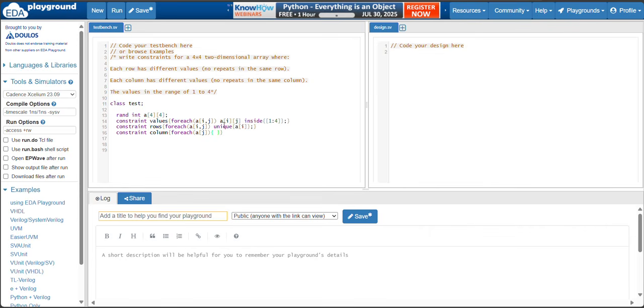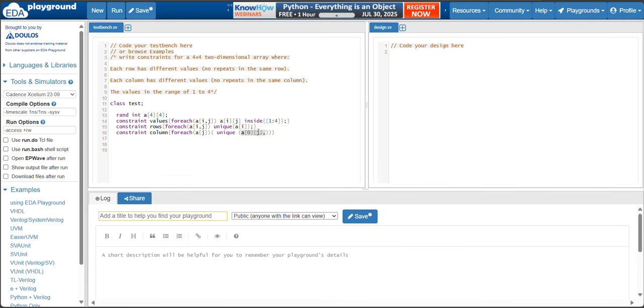Now use the unique keyword. Unique a of 0, j, comma, you have to repeat all the rows here.